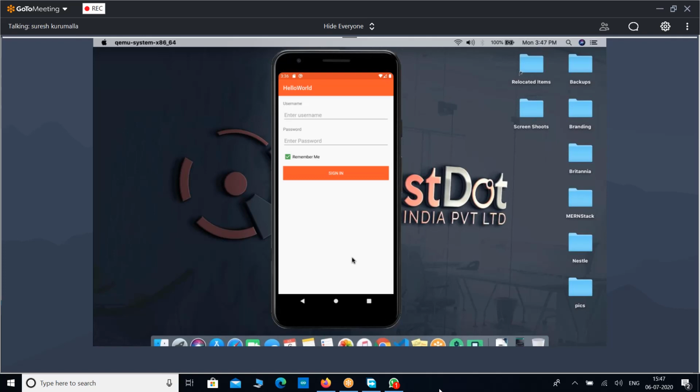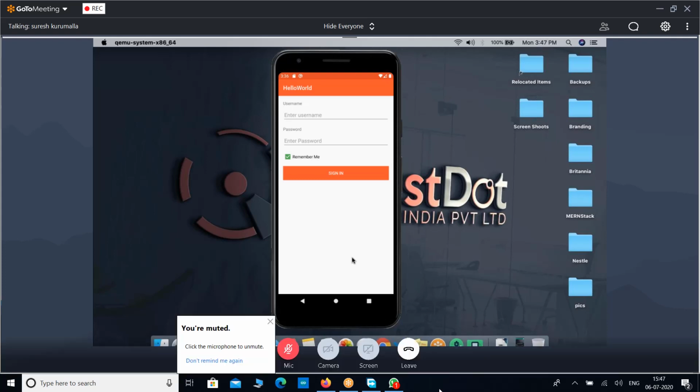One more participant is there, Rayal Ravikumar. This is the last question: what is the principle of working of the Android emulator? If you don't have a hardware device, we can test on the Android emulator.